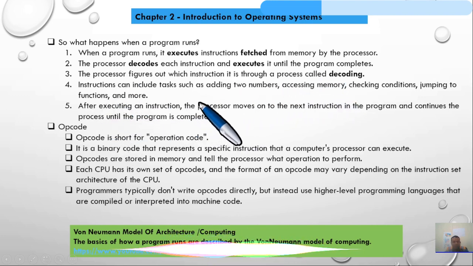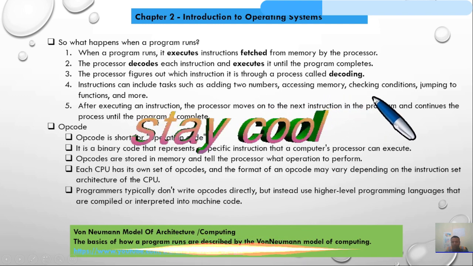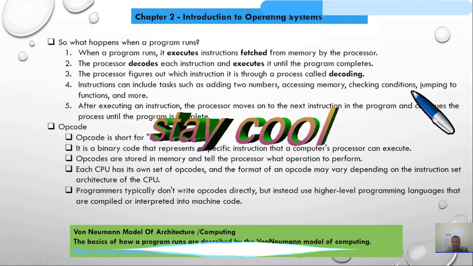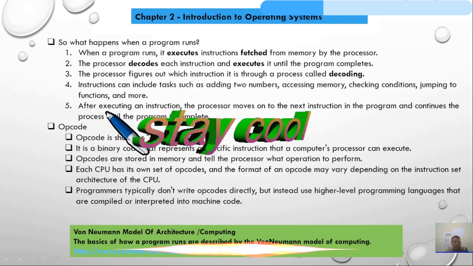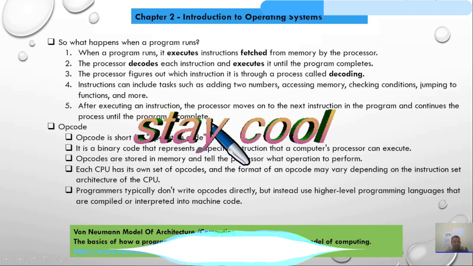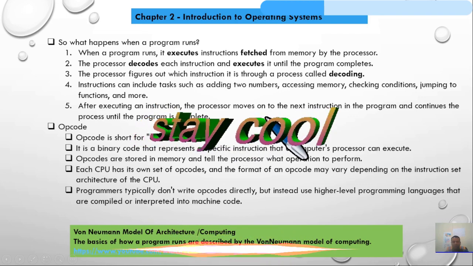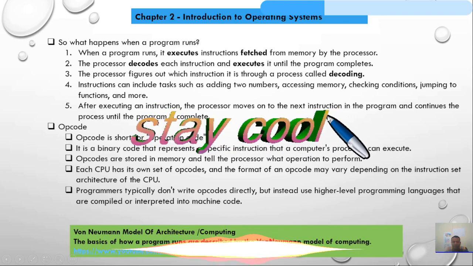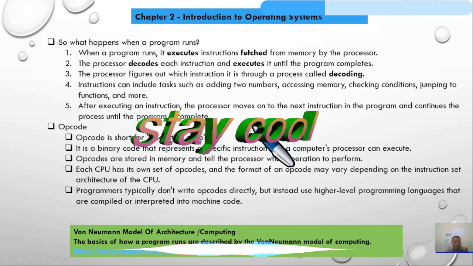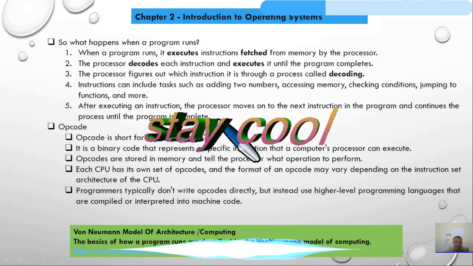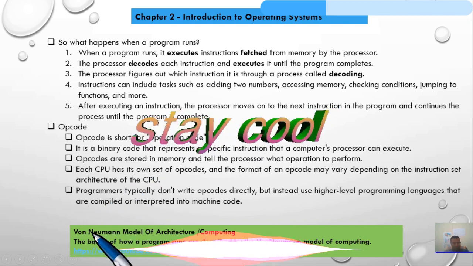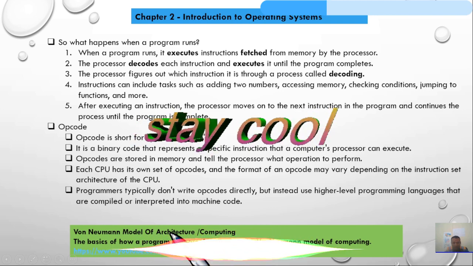Instructions can include tasks such as adding two numbers, accessing memory, checking conditions, jumping to a function, and many more. After executing an instruction, the processor moves on to the next instruction in the program and continues the process until the program is complete.